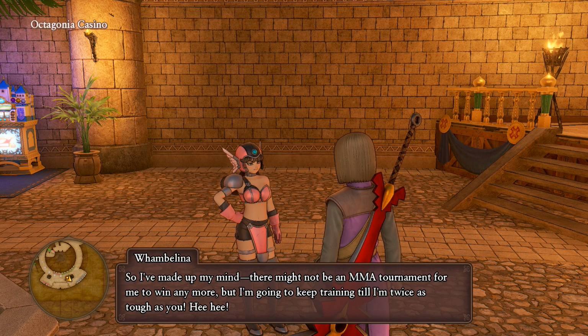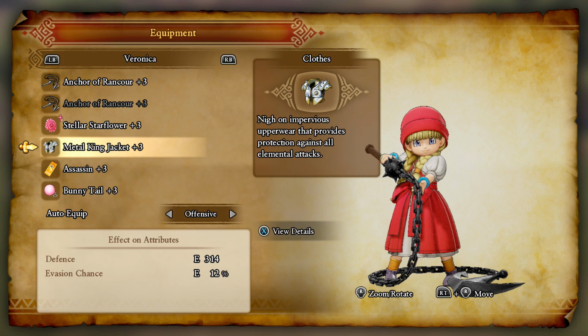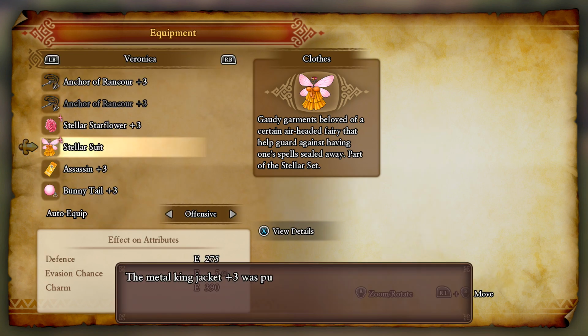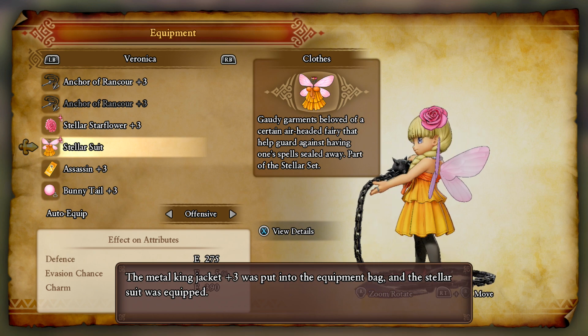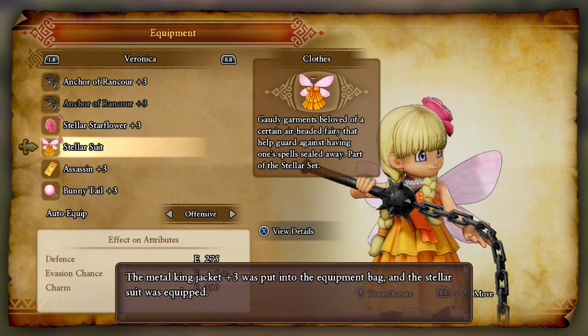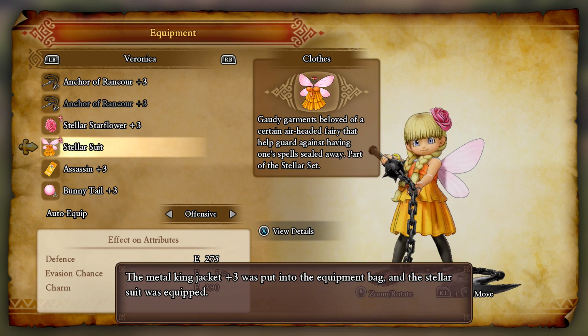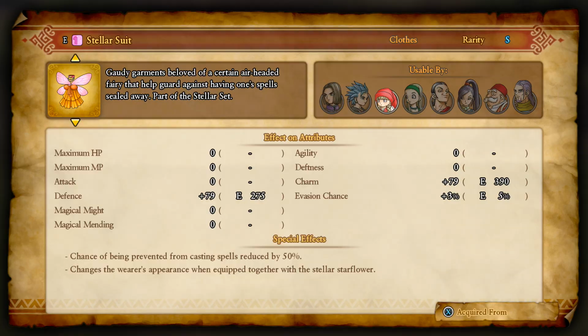And it pairs with the Stellar head cap or Starflower. And unlike Stella from Dragon Quest IX, Veronica is actually adorable when she looks like this. But yeah, it's got evasion, 3% evasion. It's got good charm. And oh yeah, it helps with